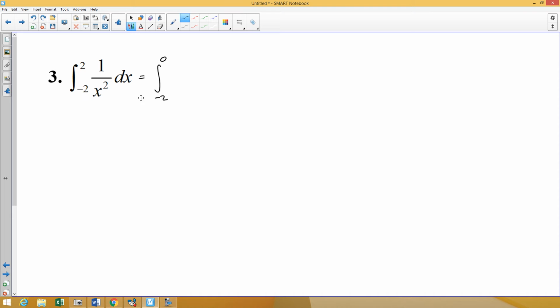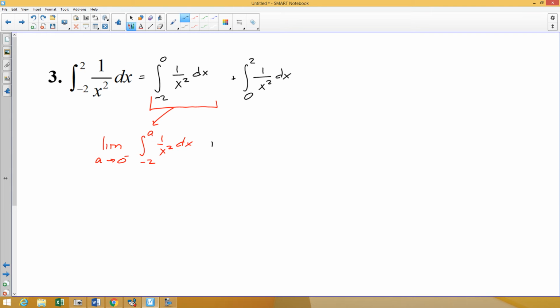So in this case, I'm going to split it into the antiderivative from negative 2 to 0 plus the antiderivative from 0 to 2. Then once you get it set up with two integrals, we actually have two improper integrals, and we have the option of doing it this way. I could solve this one as a limit, so I'd say the limit as a approaches 0, and my infinite behavior is at 0, and from negative 2 to 0, that's the left side of 0, so negative 2 to a of 1 over x squared. And then we would add to that the answer we get when we do this improper integral, which would be the limit as a approaches 0 from the right this time of a to 2 of 1 over x squared. And we could work out both of those antiderivatives